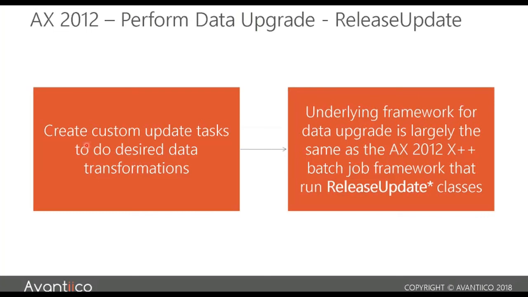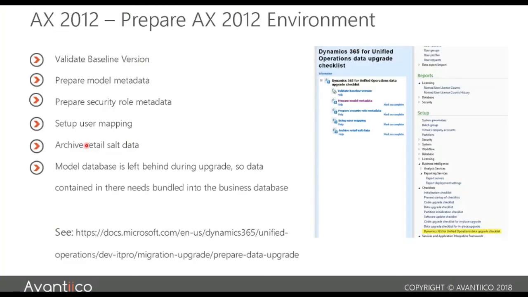So there is a data upgrade framework. It's very, very similar to the standard upgrade framework in previous systems where you have the release update classes in AX. But there are some differences. So what we're going to do is we'll just go through this process now and see. So in 2012, if you wanted to upgrade your data, you install a hotfix or KB or an XPO, and you'll see that here. There's a little checklist on there.